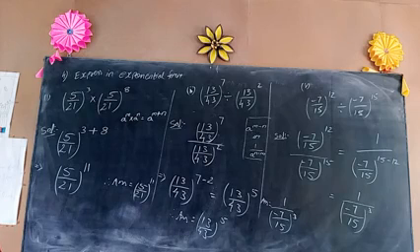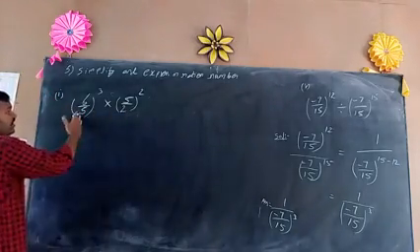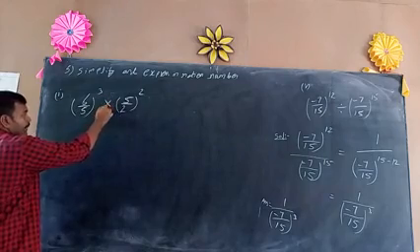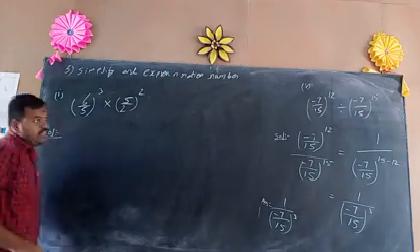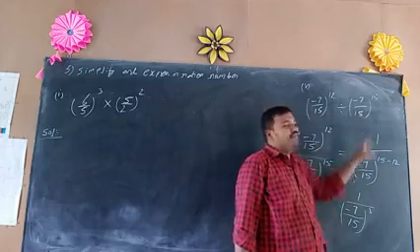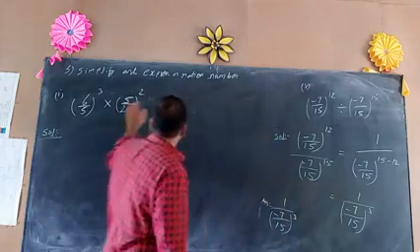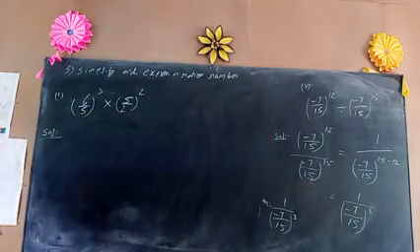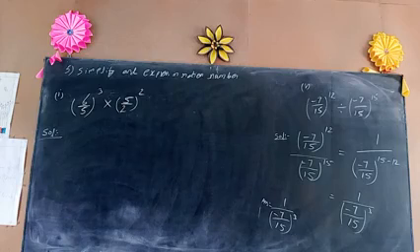For that, I am showing one model here, see. In this sum, bases are not same. So under multiplication also we should not apply the formula, because bases are not same. In this sum, the bases are minus 7 by 15 and minus 7 by 15. Both the bases are same, so we apply the division formula. But here we cannot apply the multiplication formula because the bases are not same. So we cannot apply that formula.